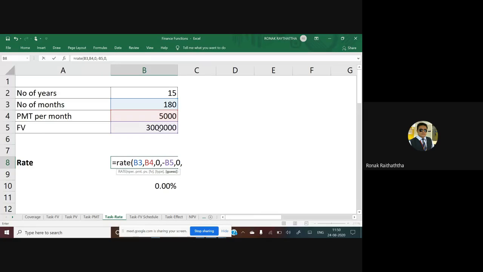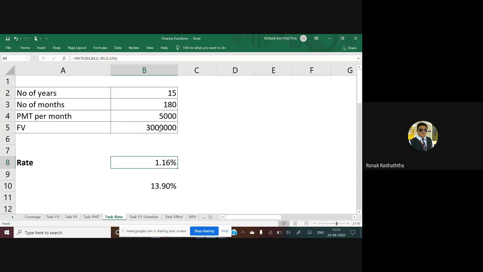Guess. Guess any rate: 8, 9, 11, 12, 14, 15, 16, 18, whatever rate you want to guess, because Excel is going to apply some interpolation by guessing some rates here. And even if you do not put in this rate, it will still be able to give you the answer. So why disobey Excel? Excel helps so much, so we can help it a little bit too. Okay, Excel, since you have asked me, I will give it. Let's guess 12%. Closing the bracket, pressing enter.